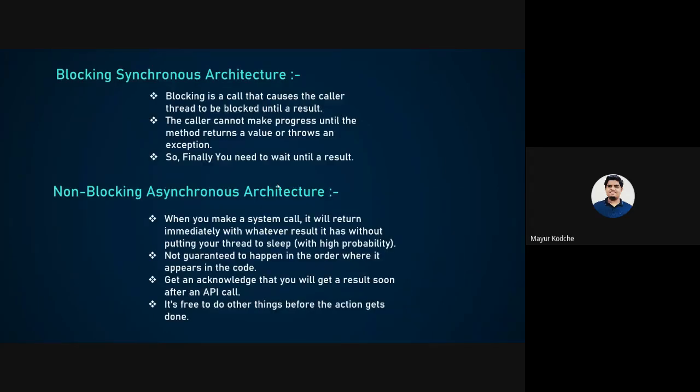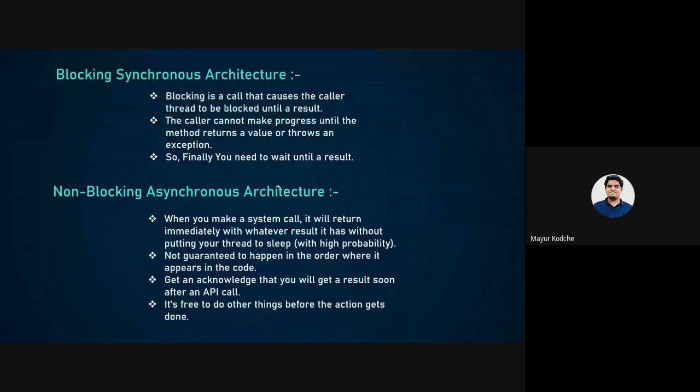So, what is blocking synchronous and non-blocking asynchronous architecture? Let's start with blocking synchronous architecture. If you are performing any synchronous operation, it blocks all the processes happening at that time till the current operation completes. Blocking means just wait for the things to be done and return a response before moving to another operation. Simply, blocking synchronous means if you call the API, it hangs up the thread until it has some kind of answer or response to your request and returns it to you.